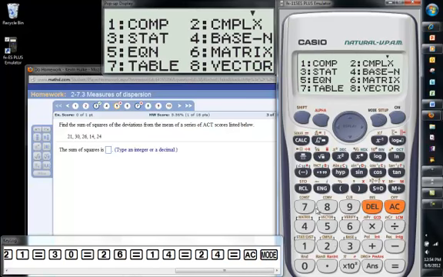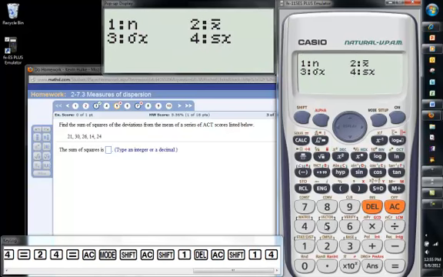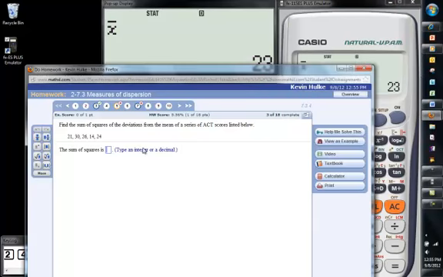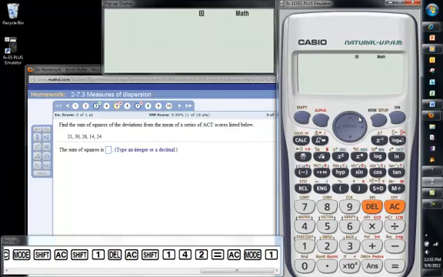Now we can find the statistics. Clear. Find the statistics, and we want the average, which is number 2, and the average is 23. So now we're going to get out of that mode by going to the calculation mode. Since the average is 23, 21 is 2 below the mean